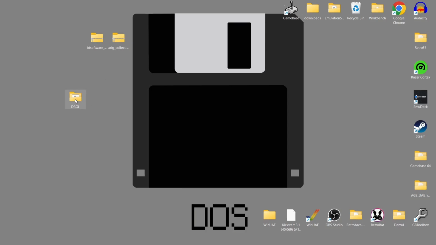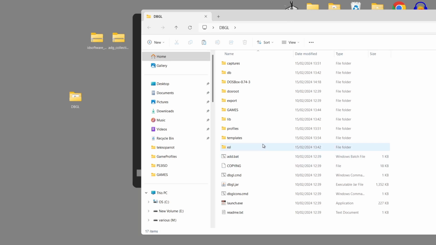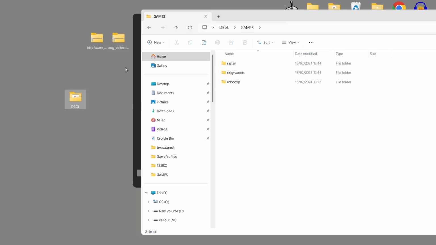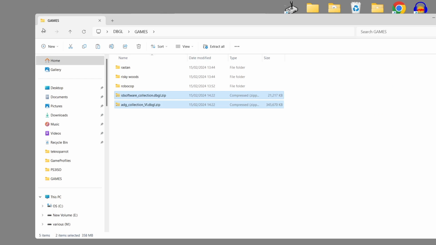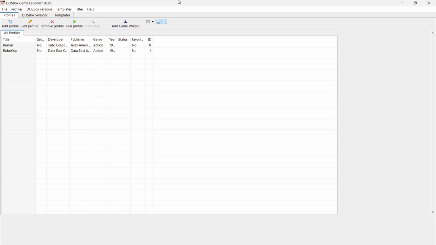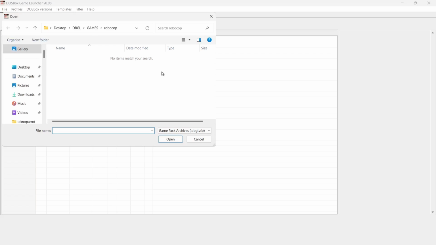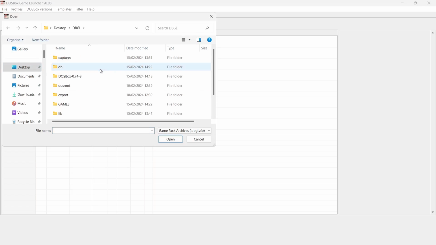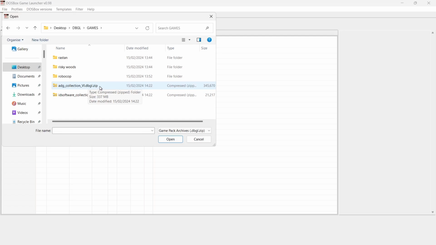What I'm going to do is just pop these into my folder just here and into my games folder. Like I say, I'm just a bit of an OCD tidy freak in terms of systems like this. So we then need to open up the launcher itself, so launch.exe. And in order to install these packages, which we can download from the website, what we're going to do is just go up to Profiles at the top here. We're going to go to Import, and just let me remind you that we don't need to extract those packages. And we're obviously going to navigate to the folder I've just popped them in, so Dbgl games, and I'm going to start with the Asian collection. Just double left click,